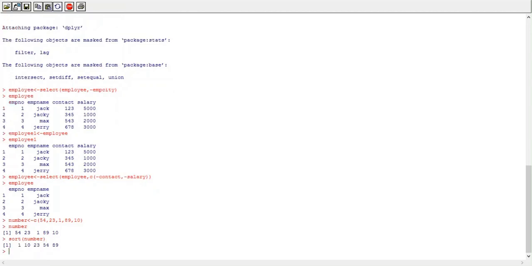So sort function is actually used to sort data value. It is used to arrange data values either in ascending order or in descending order. Okay, so here the default order is ascending.